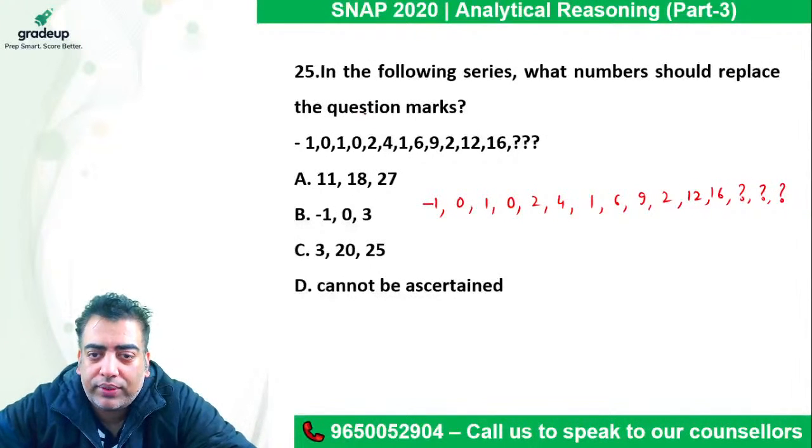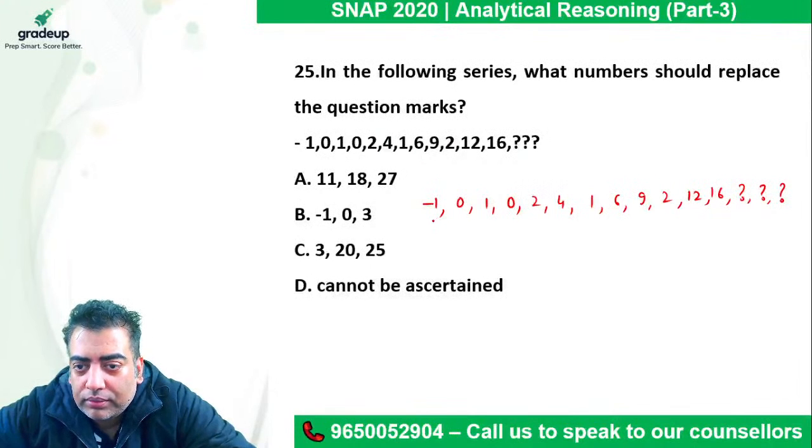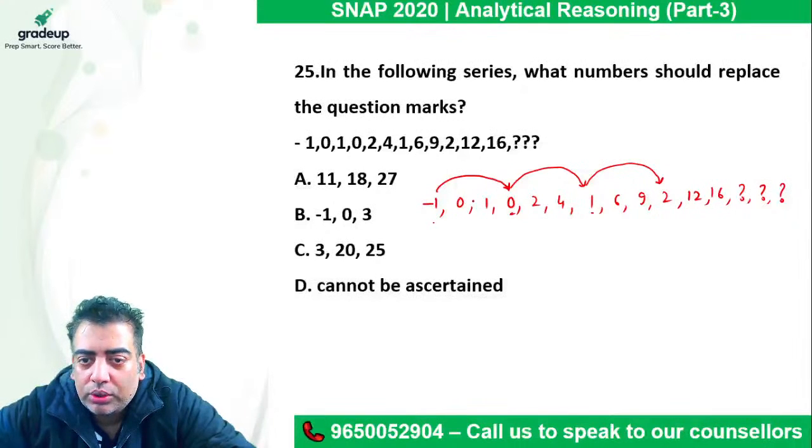So in this case we are having -1. Then if I consider this to be the next term of the series, then this to be the next term of the series. So I am skipping two, guys. And then this, so it fits in, it's +1, +1 and +1.